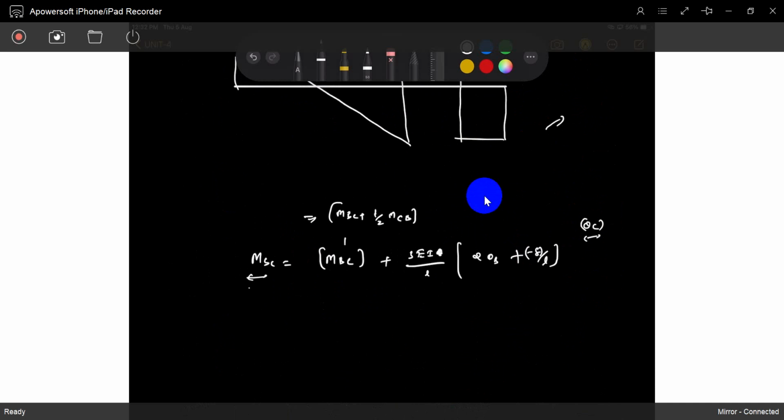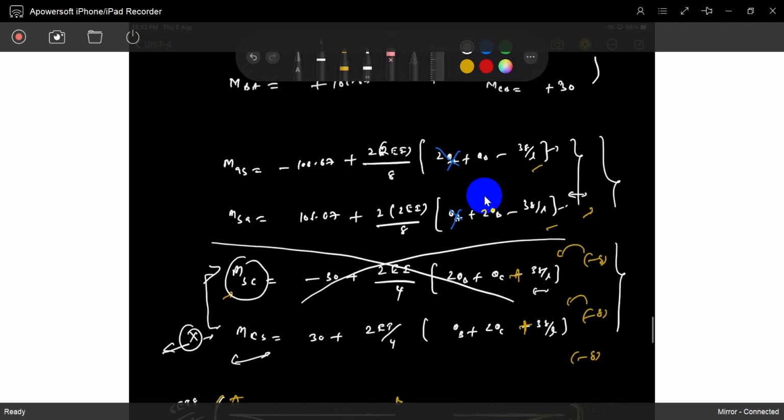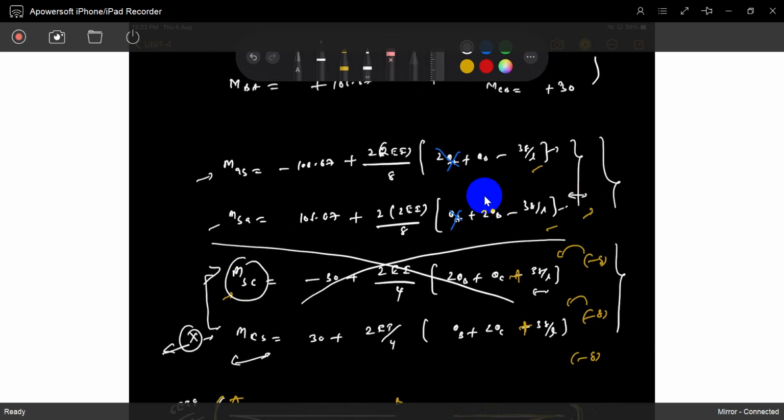That's it, na? This is MBC. You can write the MBC, and you will just maintain MBC plus MBA is 0. You will get theta B. That's it. You will get MBC and MBA, MAB. You will write it. You will check it. That's an easy task, and you can enhance your knowledge. Why do we write these equations? Yesterday's class, you can just search it once again. You will see how we write the equations. See, not equilibrium, slope deflection equations.